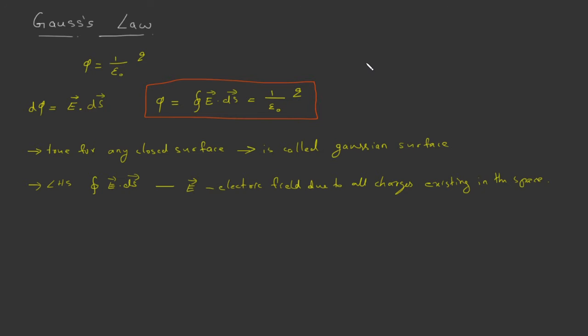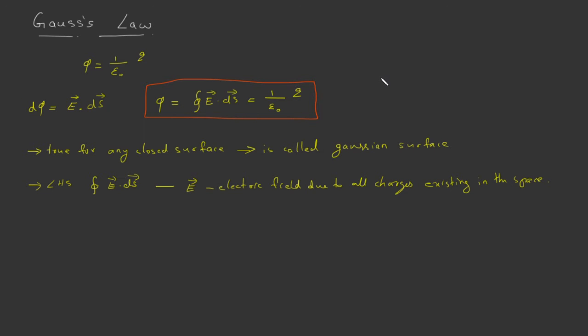That means it doesn't depend on whether the charge is inside or outside. The electric field E is due to all charges, those who are inside or outside the closed surface, we are